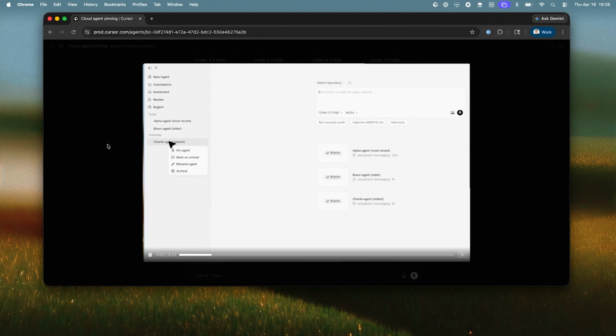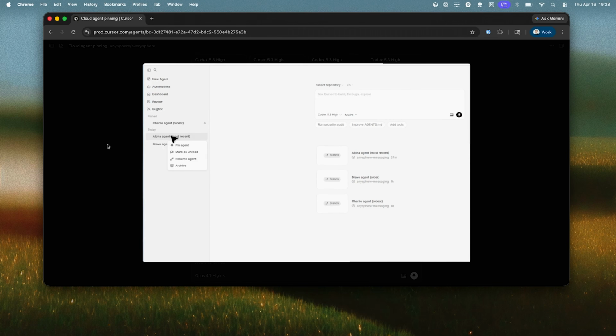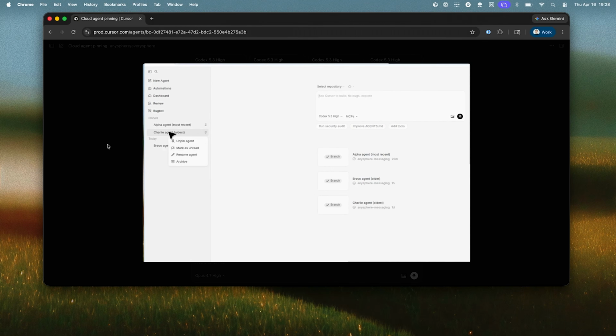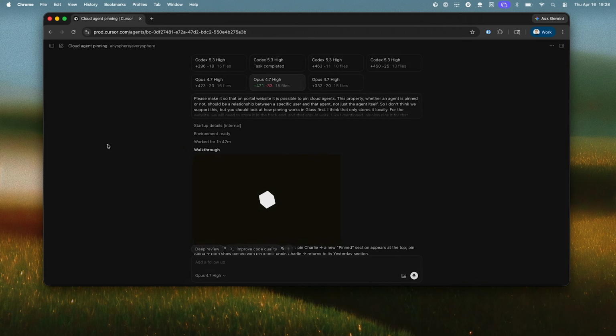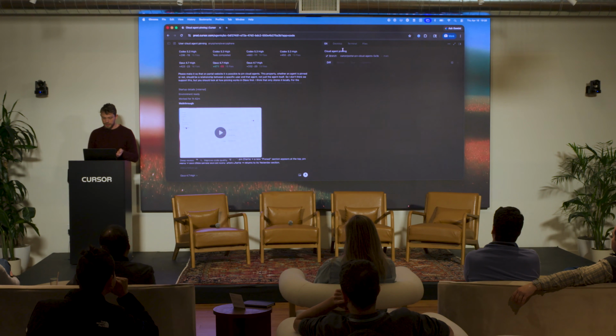Here, the feature that I asked it to implement is being able to pin agents in the sidebar in Cursor Web so that you don't lose track of them. You can see here it pinned one. It's pinning a second agent. I think it will also prove that it can unpin them. Very quickly, I can get a sense: does this roughly look right? By just watching this video, I can follow up with the agent, or I can go over here